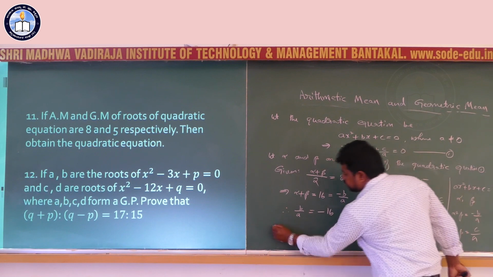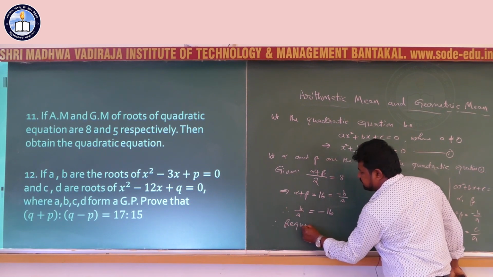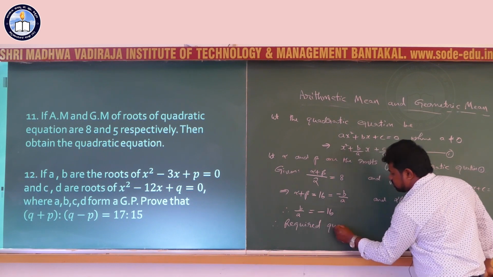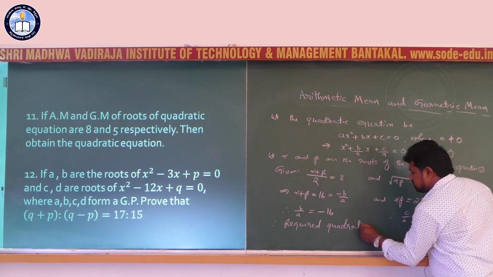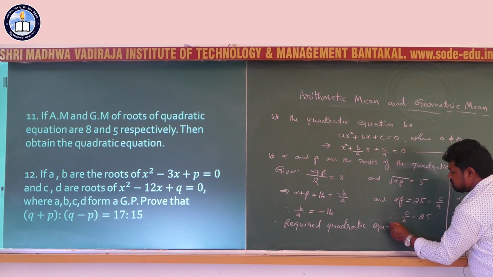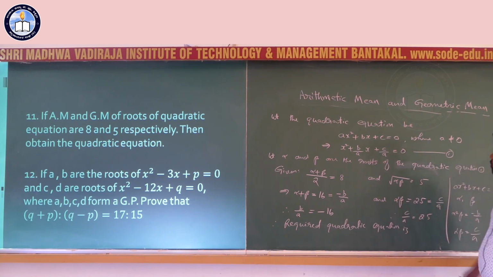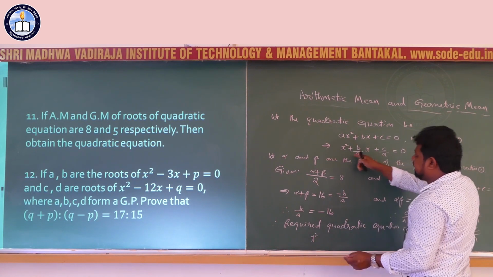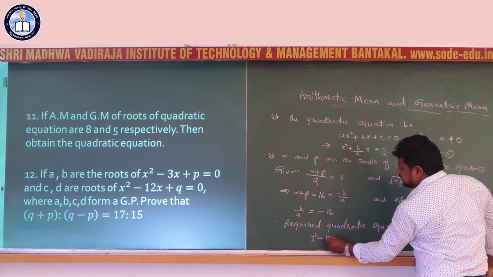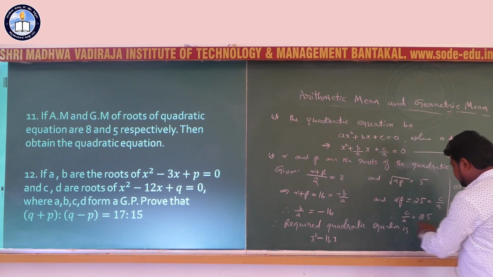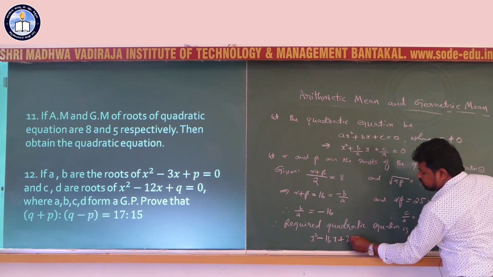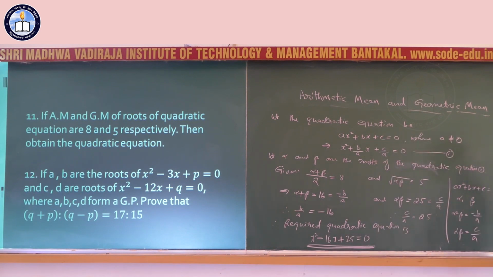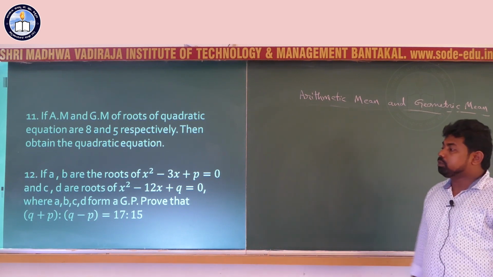Therefore required quadratic equation is x square plus b by a x, here minus 16x, plus c by a, 25, equal to 0. Therefore this one is the required quadratic equation. Next problem,